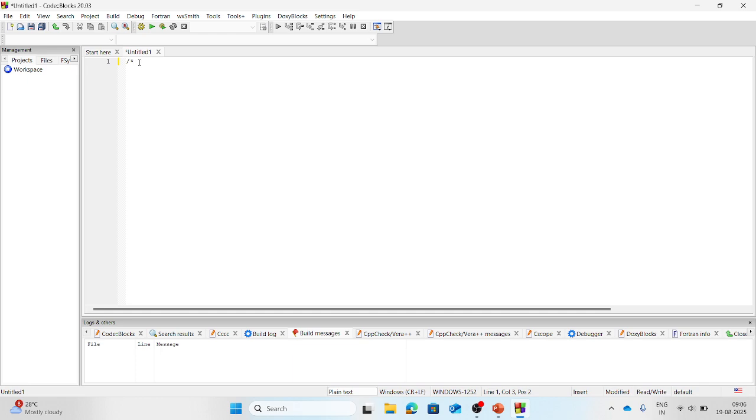After that, you write your problem statement, like: write a program in C to add two numbers. And then again you need to press the asterisk sign, then slash, right? So this is the comment part.